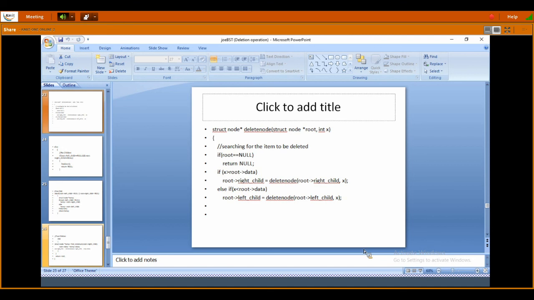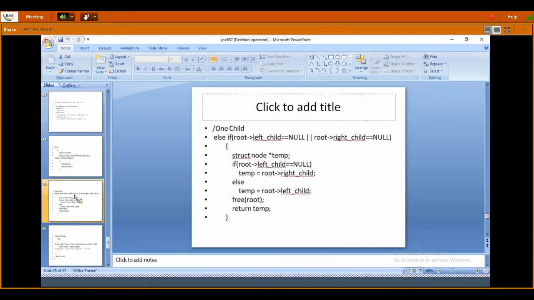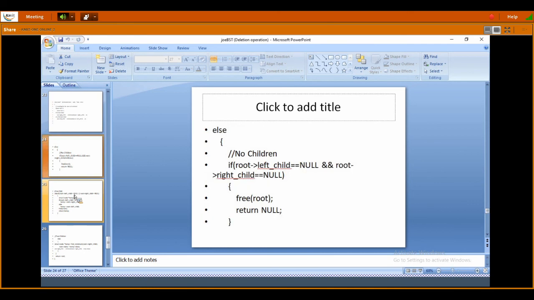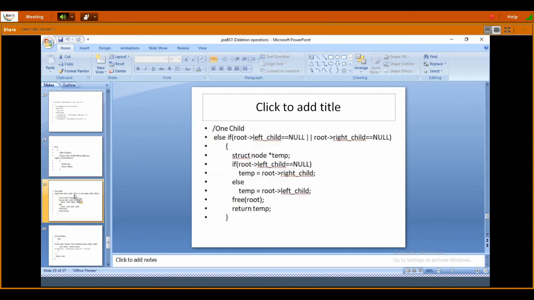After catching the address where it is located, we start checking whether that particular node is a leaf node, or has one child or two children. First catch the address where it is located, then we will see all the cases. This is the first case, no child case. If no child, just directly free the root. If it is a single child case, then we have to attach.